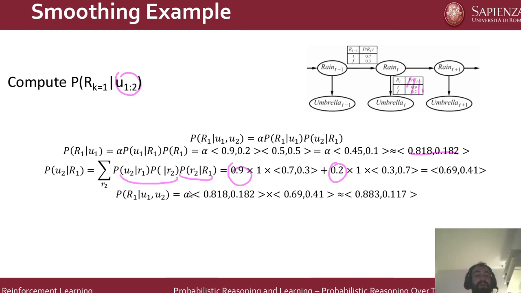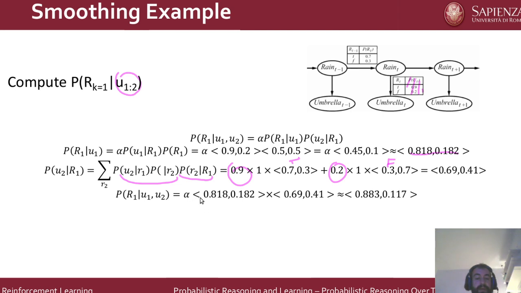We multiply by 1 because we are stopping here, we're not looking any further into the future, and we are seeing what would be our transition from R1 to R2 if R1 was true, and our transition to R2 if R1 was false. Okay, so we incorporated our observation model and our transition function in here, and we can now just perform our computations and see that